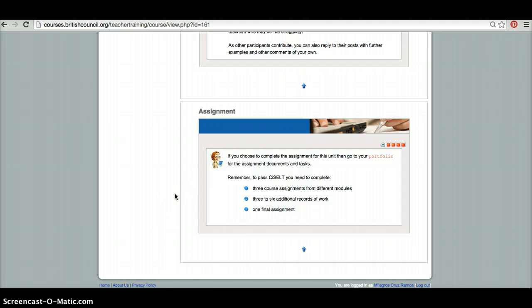So at the bottom of the page here it says assignment. If you choose to complete the assignment for this unit, then go to your portfolio for the assignment documents and tasks. Now, the portfolio is a separate section we have. It's not really a unit, but it's a space we're going to use to reflect on the learning and the knowledge that we're acquiring during the course. So I am gonna send you a separate video explaining how the portfolio works,